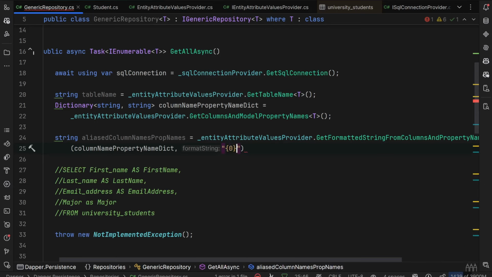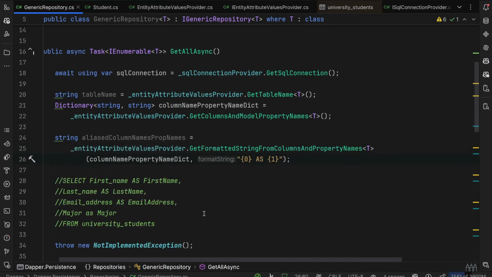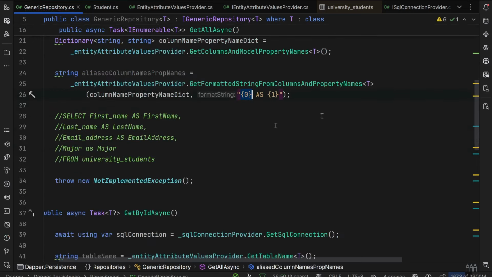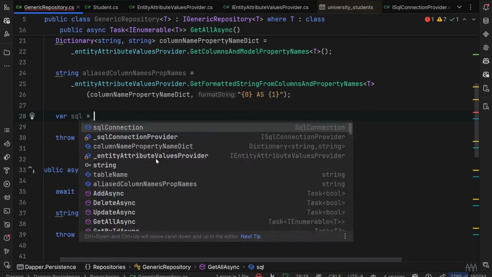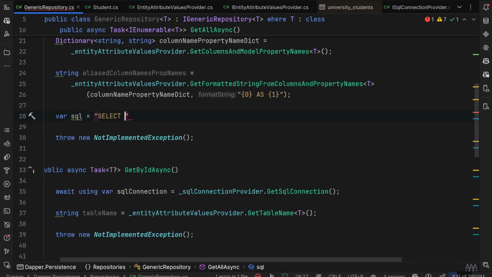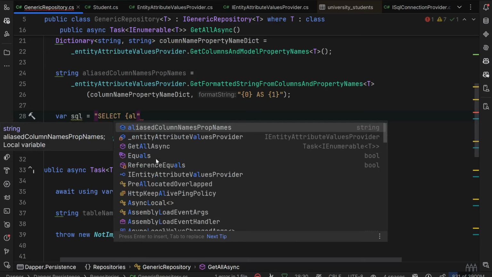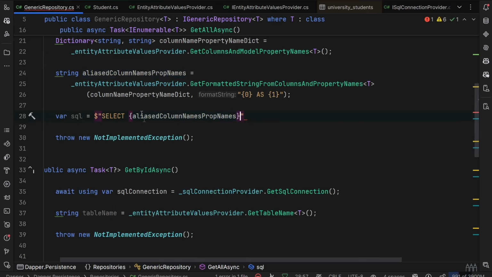So it will be the 0 as the key and the value in that case. So it will be the key from our dictionary, and this one will be the value. And now we are actually ready just to get rid of this comment and to write var SQL statement is equal to select, then aliased column names property names, so it will be the select statement, then everything that we have aliased there,